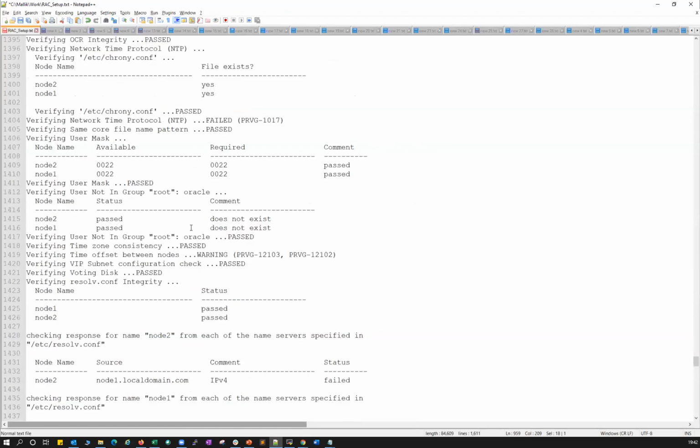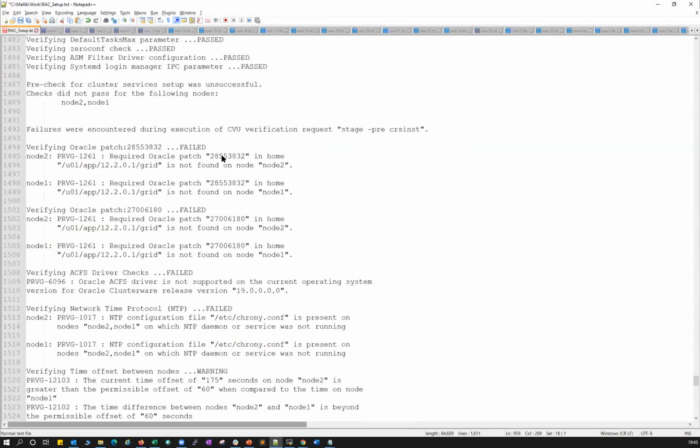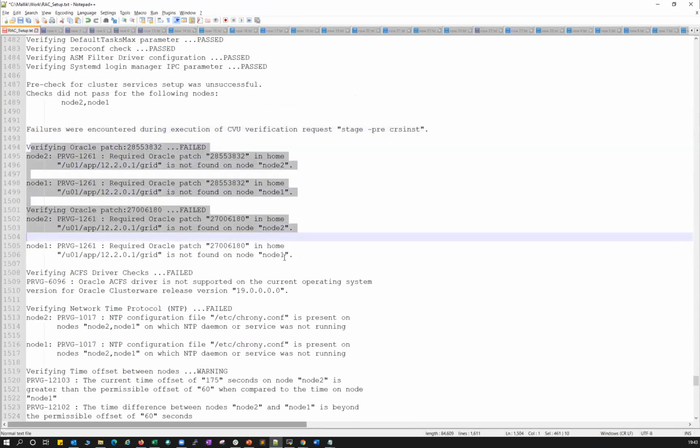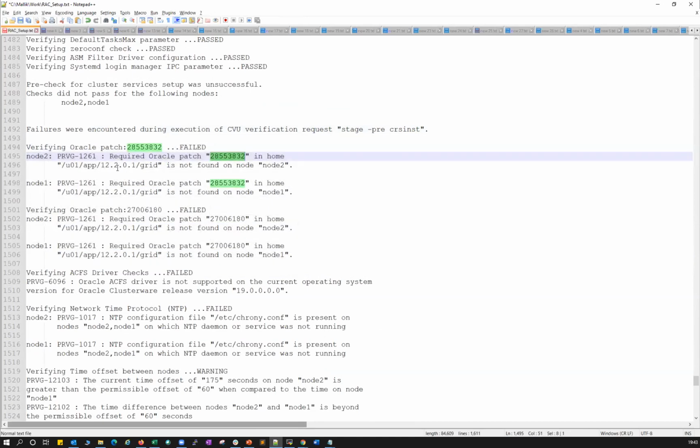I'll show you what error message. The GI pre-check failed with these two checks. You can see, right? It was expecting these two patches to be available on the 12C home, on both nodes, node 1 and node 2. On both nodes, it was expecting these patches to be available.